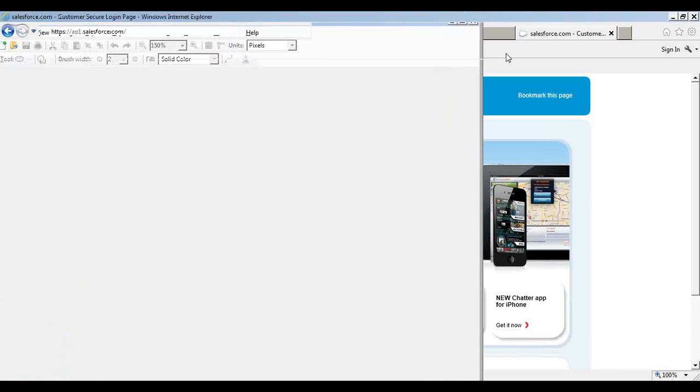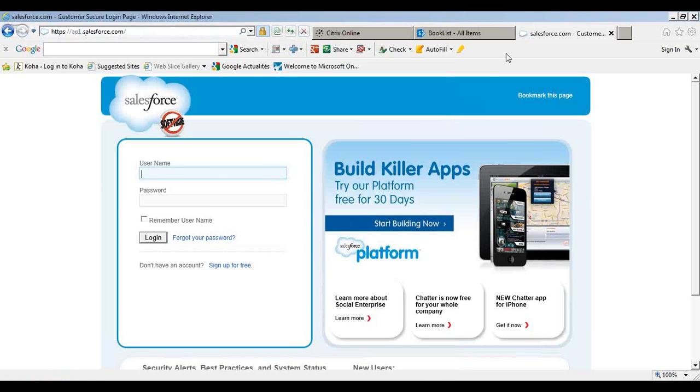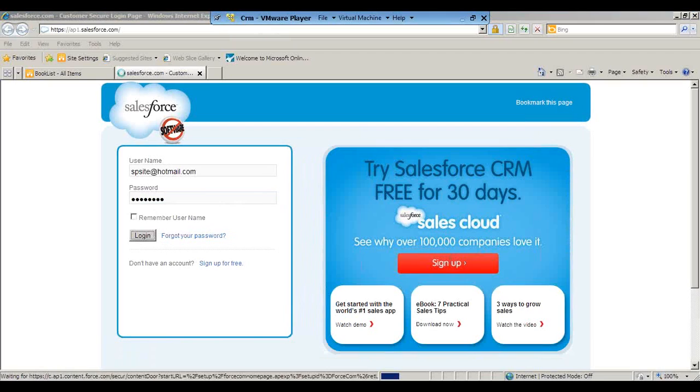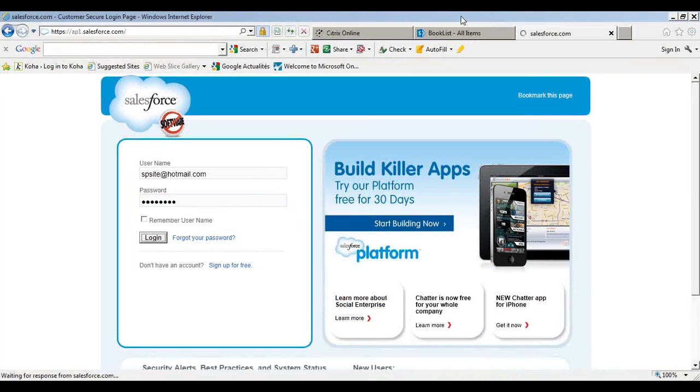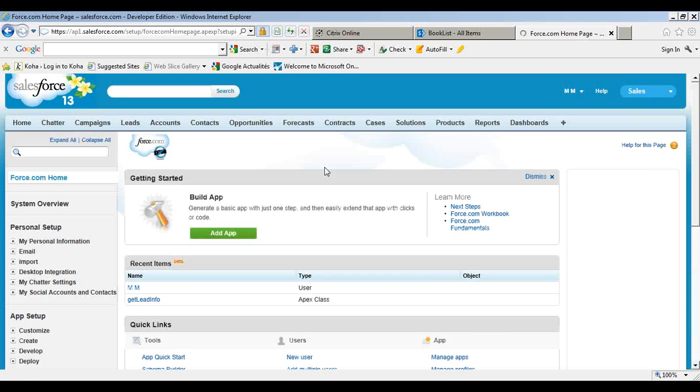I'm closing all unnecessary windows. Okay, on the host machine it goes faster. Okay,